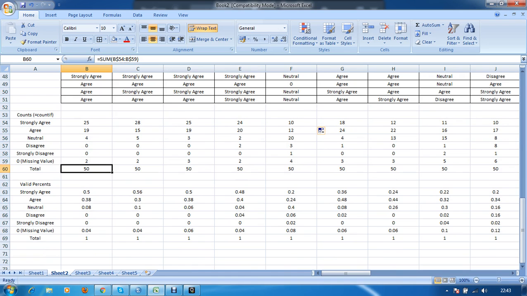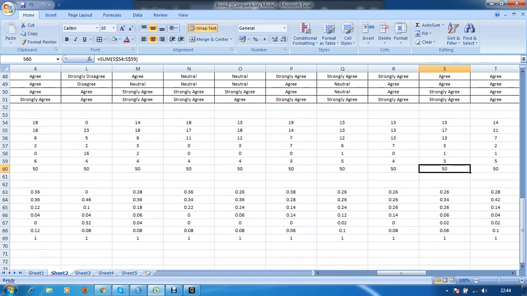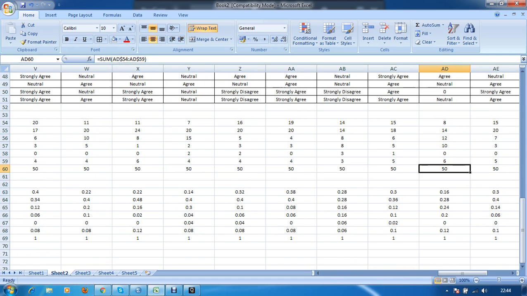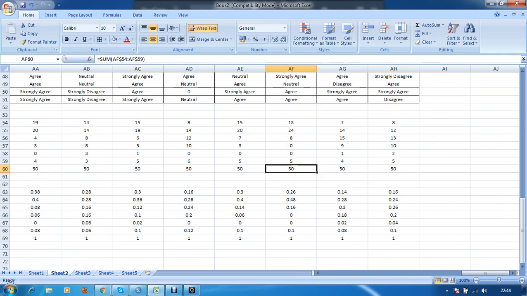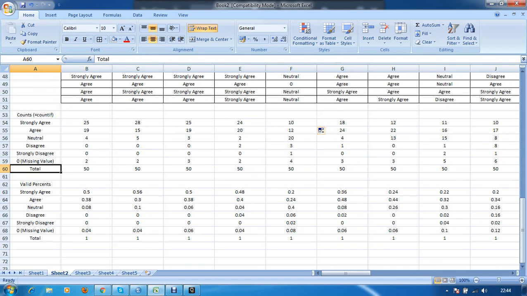In order to measure the percentile of respondents, since we have determined the frequency and this is the total respondents, for every row we have the same number of respondents, which is 50. There is a variance in terms of missing value, in terms of agree to disagree or neutral, that we have incorporated in the questionnaire. So the total value remains the same. So in order to calculate the valid percentage, what we do is